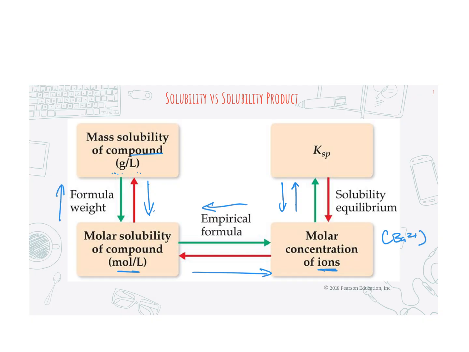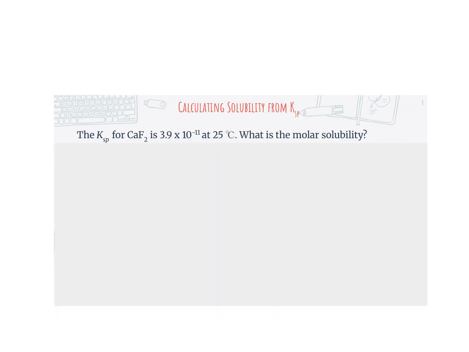And then using that and the formula weight, I can find the mass solubility of the compounds. And this is something we're going to have a little bit of practice with in the next few examples. So in this problem here, we're told the KSP for calcium fluoride is 3.9 times 10 to the negative 11th at 25 degrees Celsius. We're asked what's the molar solubility. Remember, if you're ever asked for the molar solubility, you're essentially being asked what is X